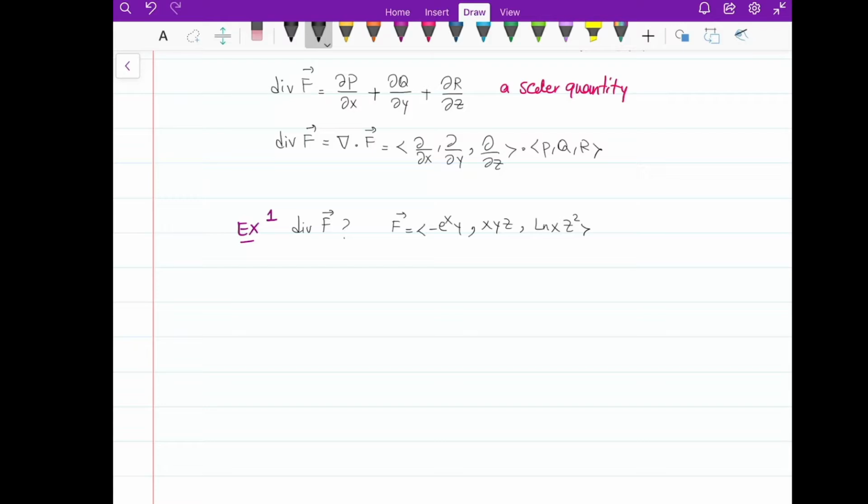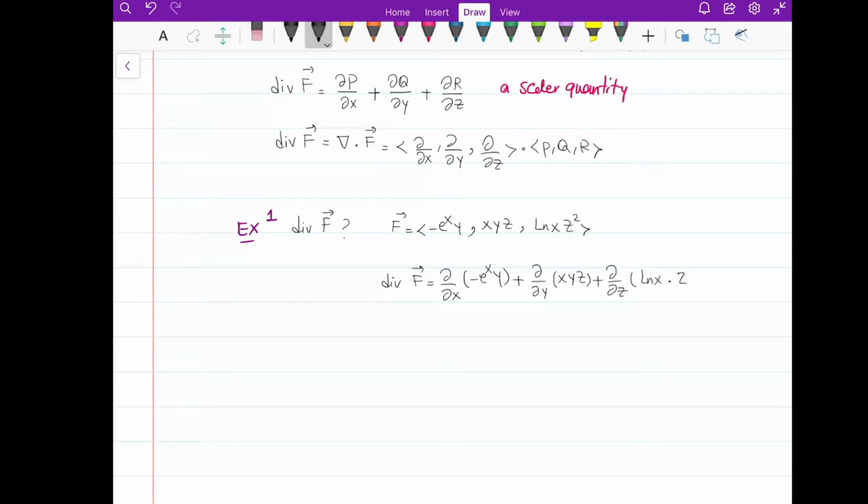Okay, so I can say that the divergence of F is partial derivative of negative e to the xy with respect to x, partial derivative with respect to y of xyz, and partial derivative with respect to z of ln